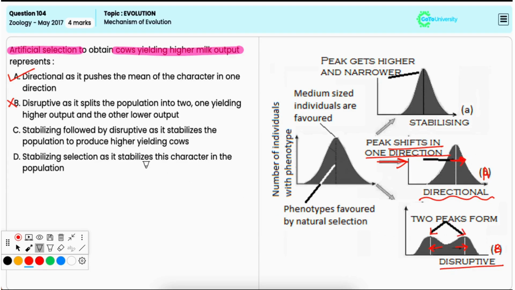population. Option C, stabilizing selection followed by disruptive, as it stabilizes the population to produce higher yielding cows. This is also incorrect. Now, stabilizing selection reduces variability and favors only the intermediate traits. So, this scenario describes a consistent shift towards a single extreme, that is higher milk production, and not stabilization or